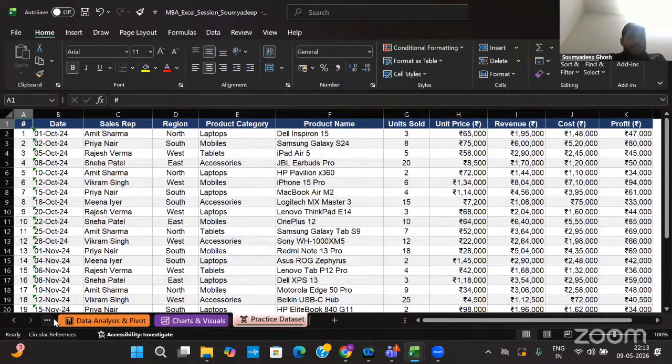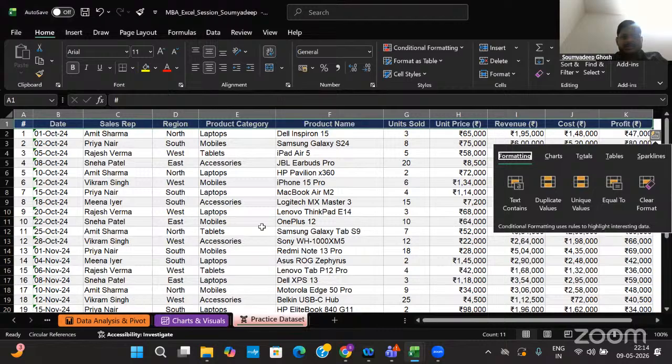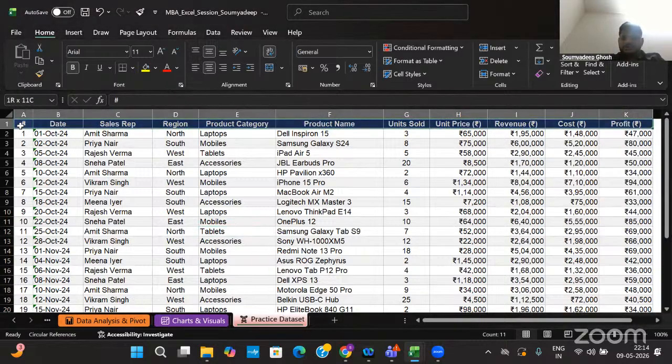Okay. And if you want to select the entire row or the entire section, along with the Control and arrow key, you have to click on Shift as well. So if I click on Shift, Control, and right arrow, all of the columns will be selected. You can see we are selecting these rows.